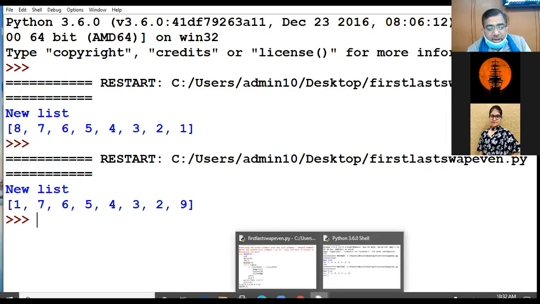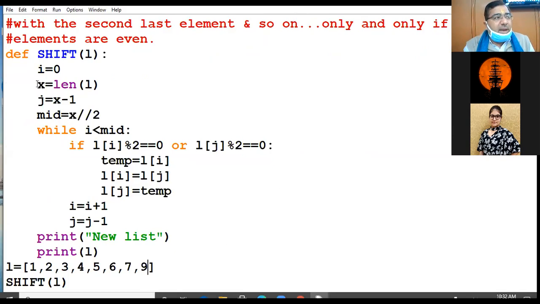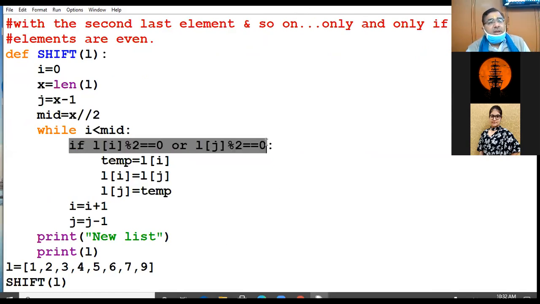Now, as per this coding, you can clearly see the concept is same as I told you in the last question. Only I have added this condition. The condition was: the beginning element or the last element, either or both are even.